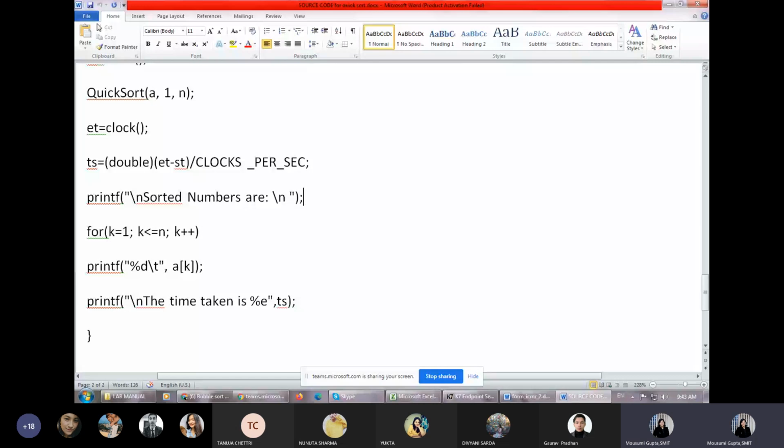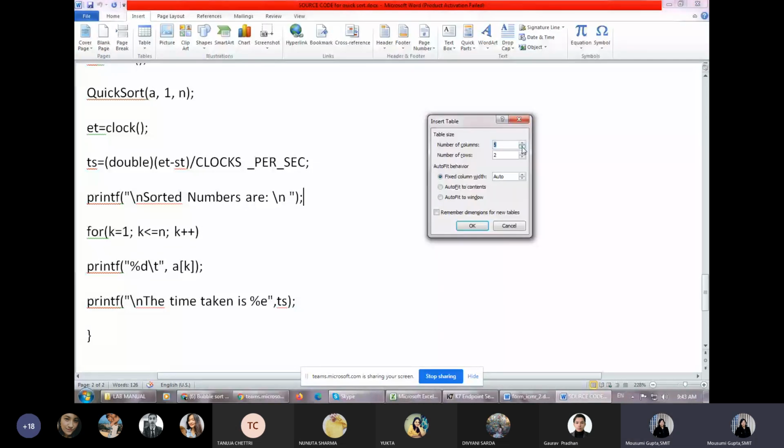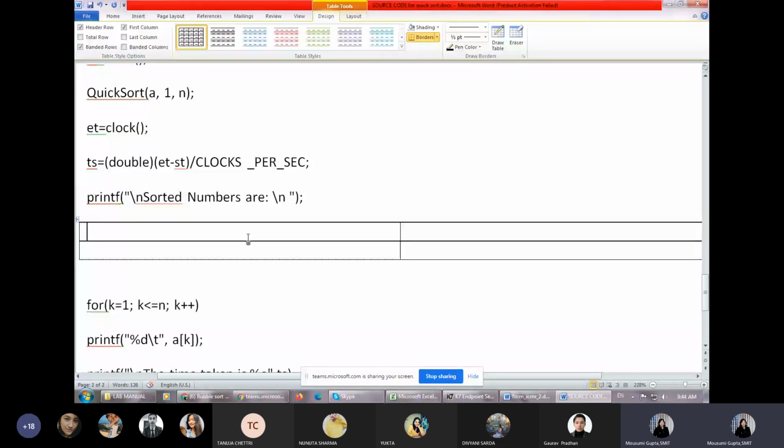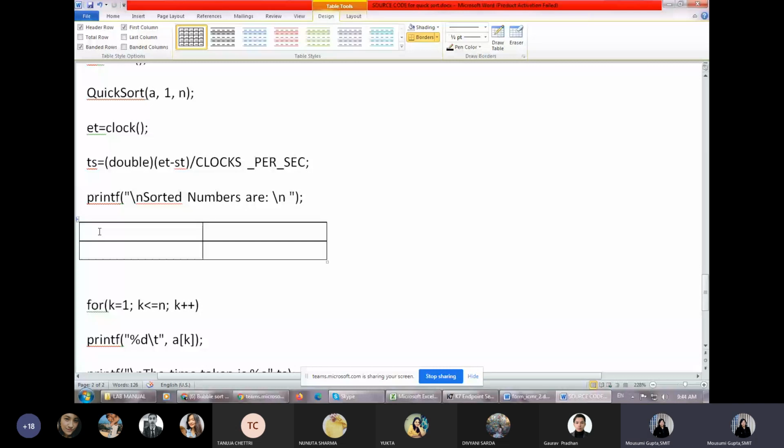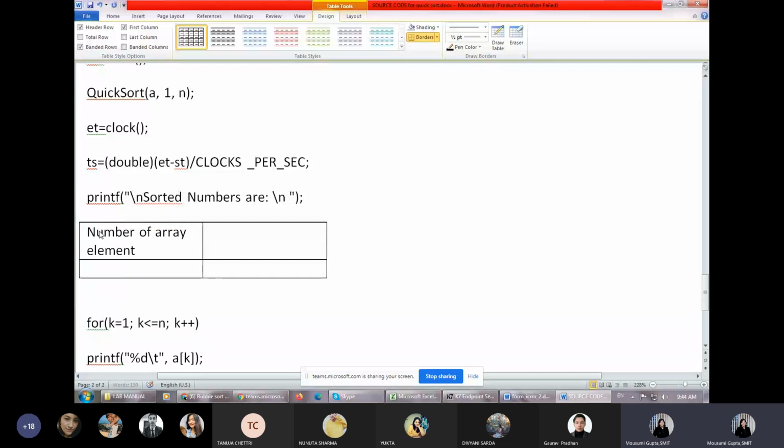In the x-axis you need to write down the number of array elements, and there you need to write down the timing in seconds.